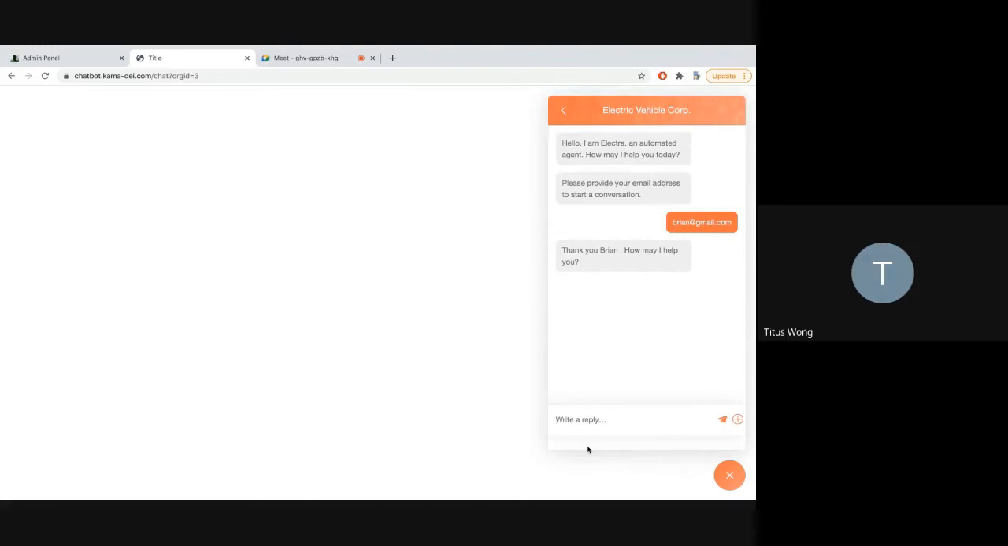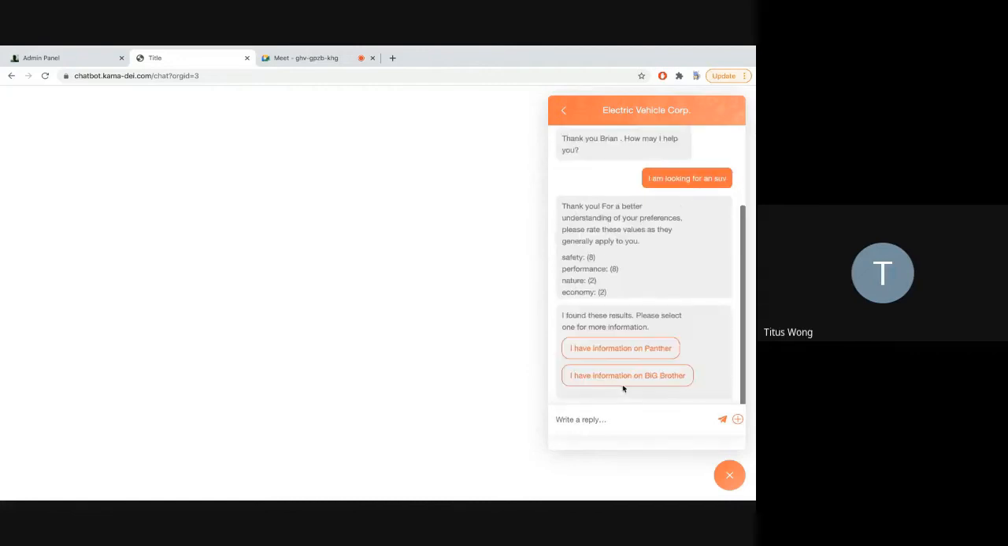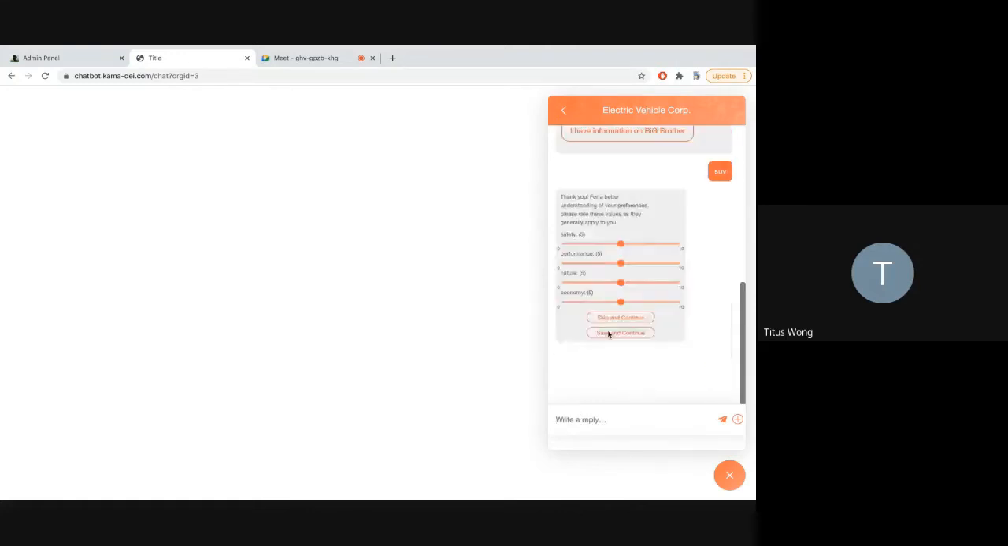I'll type in, I am looking for an SUV. Set the values. And notice that I set nature and economy very high and safety and performance very low. Sorry, other way around. Nature and economy very low and safety and performance very high. So the Panther appears first. And if I were to reverse the roles,